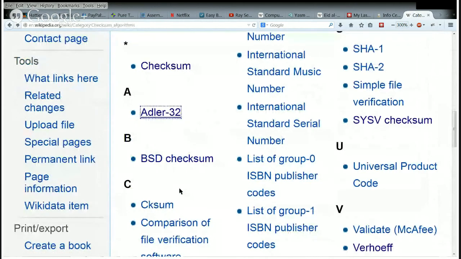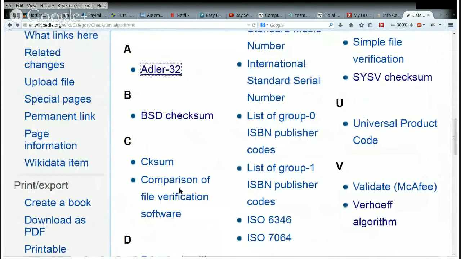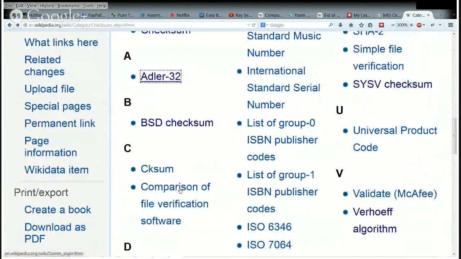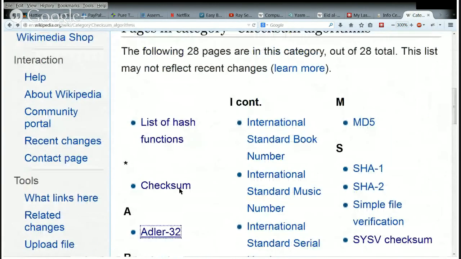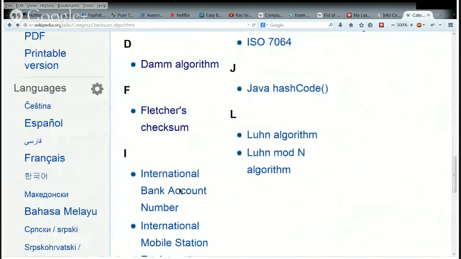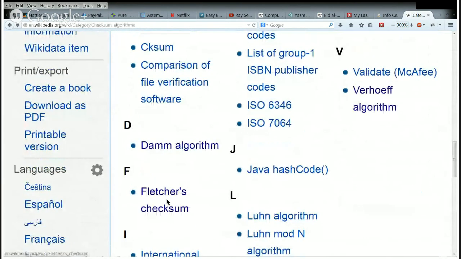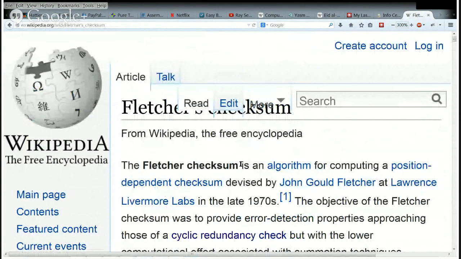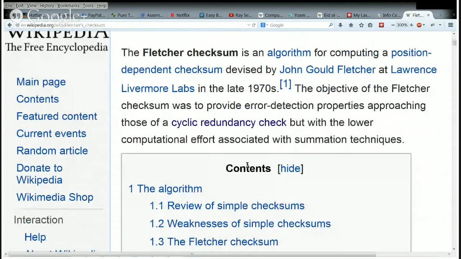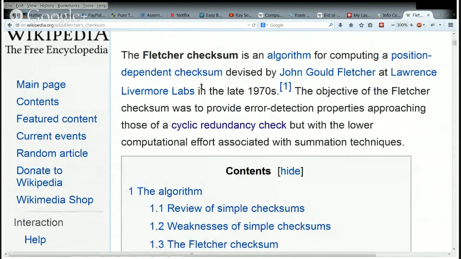And if you look at some of these others, cyclic redundancy checks, I don't know if that's in here or not. How about Fletcher's checksum? And it says a position dependent checksum.